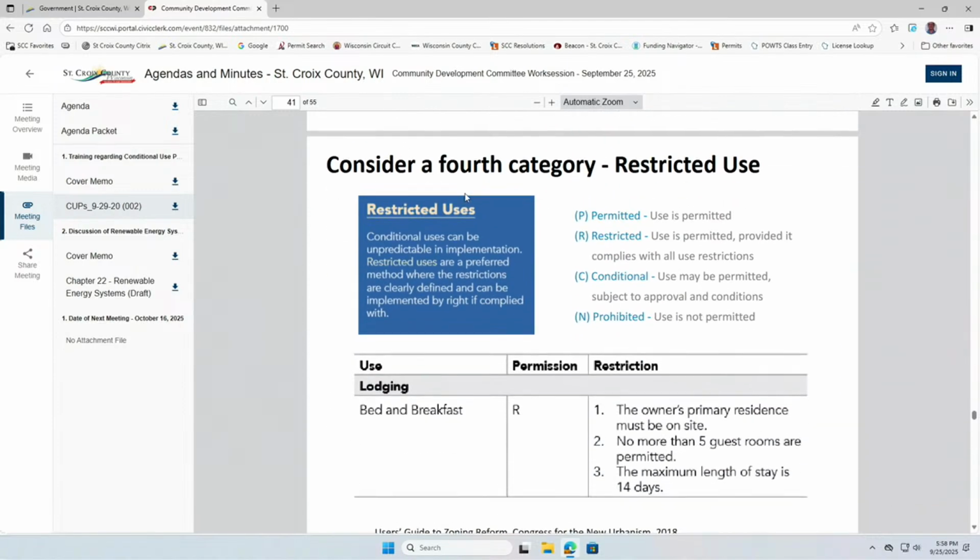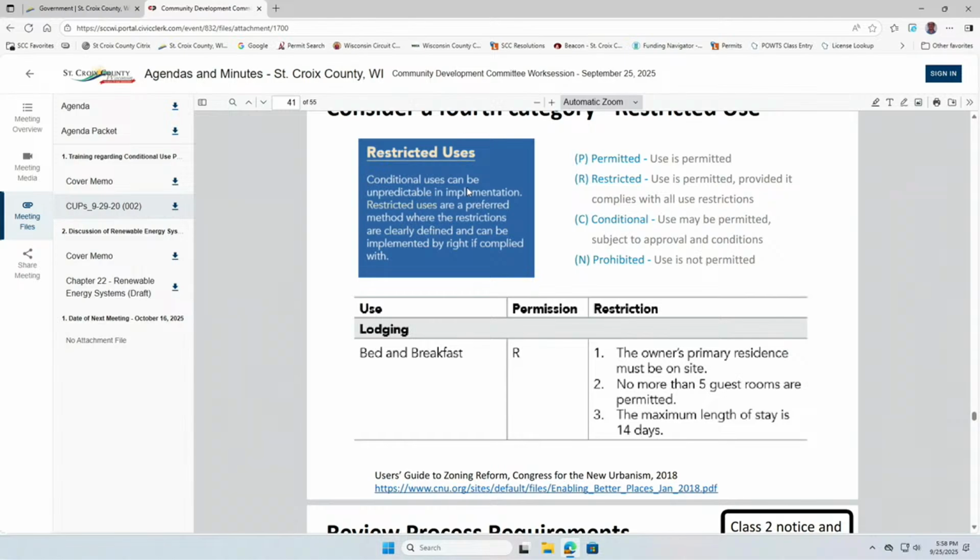So are there any other questions? As far as prohibited uses, we've got a general phrase that says any use not listed in the use table is prohibited. But at the same time, we've got conditional uses not listed. We've had a couple of those that were in the middle, like major home occupation and contractor storage yard, so it still gives the committee the discretion to decide if that's a reasonable use on that piece of property.